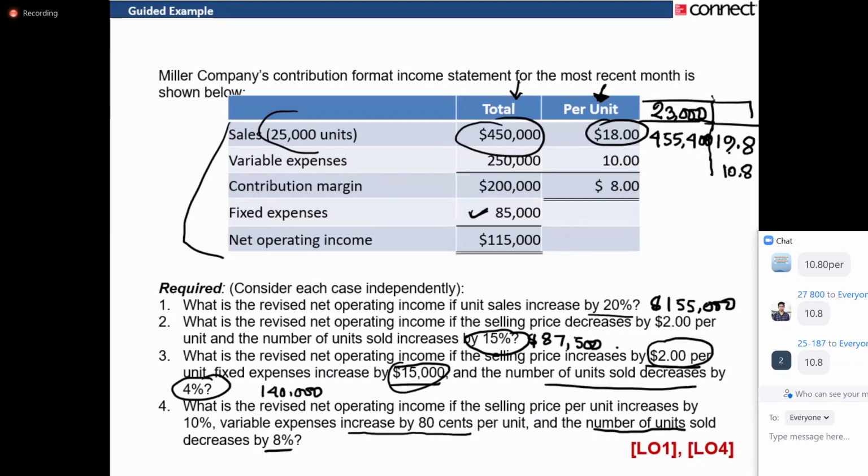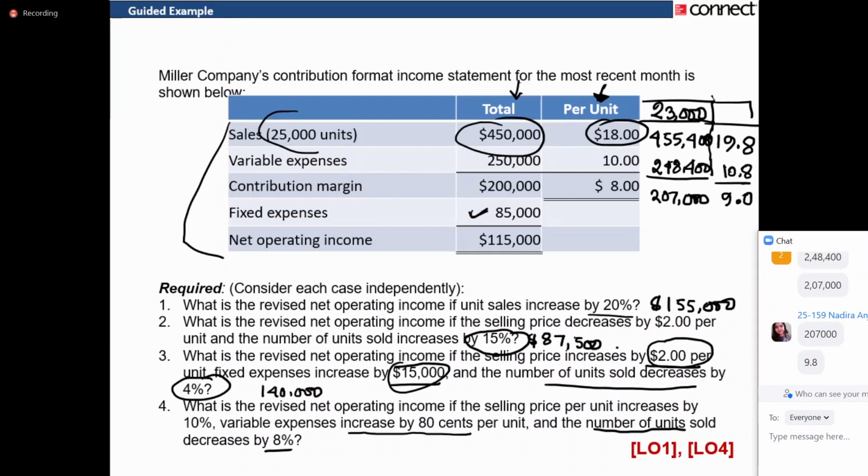Okay, the variable expenses is $10.8 per unit, the revised one. And what will be the total variable expenses now? 248,400. You are advancing first. I'm advancing slowly. Okay. So what will be the contribution margin? The difference between this and this, $207,000 contribution margin. And in terms of per unit, it is to be